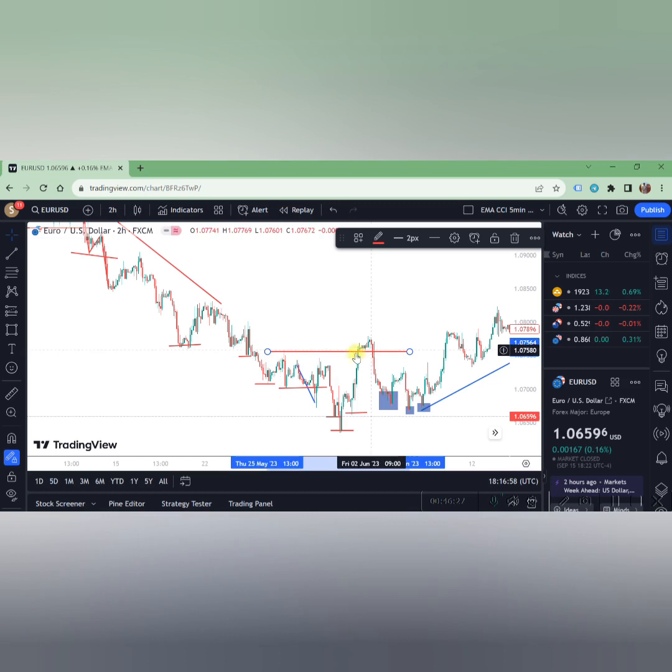we have the first change of character here, but I am not very satisfied with this change of character because it didn't really break clearly above it. It broke it, but the price just kept playing at the top of it. However, what I am looking for is, the moment that character is broken, I am waiting for a retest of the zones, the supply zones that trigger that price action,